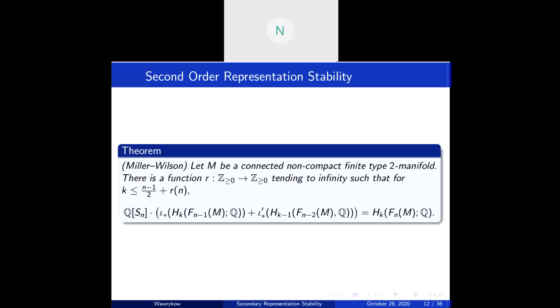So now we can say something about second-order representation stability. Jeremy and Jenny proved that if M is a connected, non-compact, finite type 2 manifold, then there's some nice increasing function such that in some range, now a little bit bigger than the previous range, if you take the induced inclusion of n minus 1 points into n points, the ordered configuration space on n points,